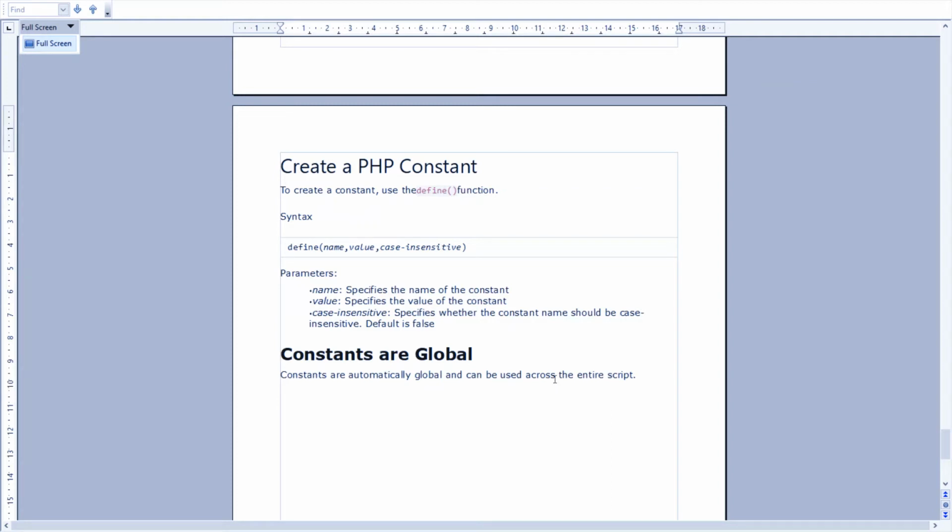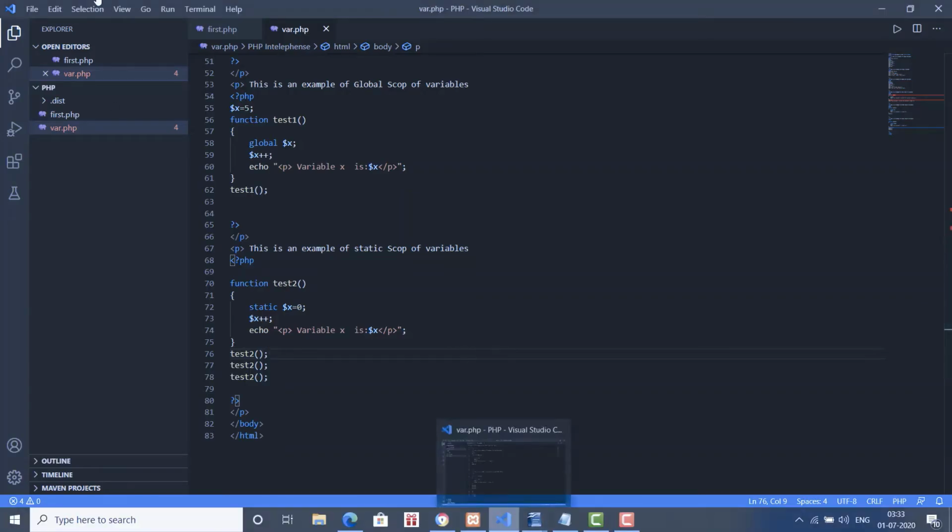So how can we work with a constant? Let's open our code editor. Here in the code editor I'm going to create a new file and give it the name constant, with the extension PHP.